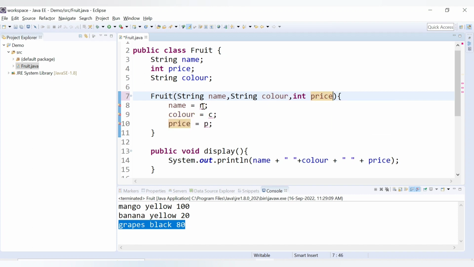and now this n will be replaced by name, right? Because we don't have n now, so we are replacing it with name. Then here we have color, and then we have price. Okay, so here there are no errors, right? So if I save this code and run now,